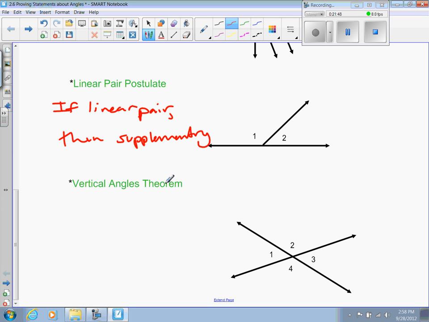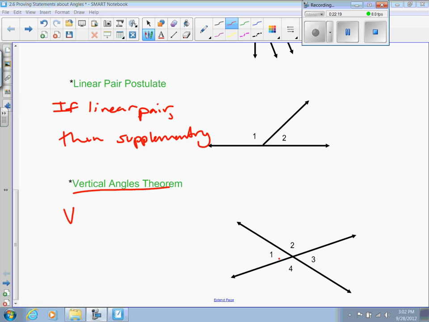but we finally put it into this chapter because we can actually prove it now. And I think there might be a proof in your book of it on page 112. It's a pretty simple proof where you just say 2 is a supplement to 1, 2 is a supplement to 3. Therefore, by the congruent supplements theorem, 1 and 3 have to be congruent. That's why it's in this section, but the vertical angles theorem says vertical angles